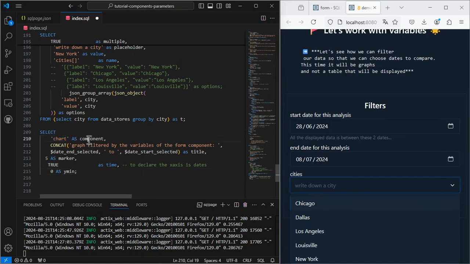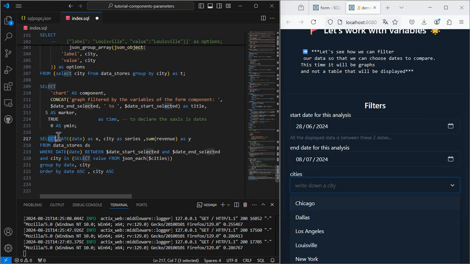I call the chart component, I give it a title, which will display the first date and the end date of the analysis with the usual top level parameters. Let's now add row level parameters to our chart. The row level parameters is the data, and we see that the date selected will depend of the values inside the form. So I'm calling date start selected, date end selected, and cities.